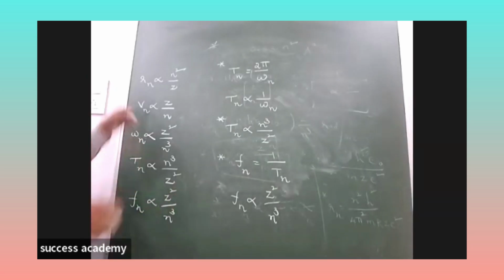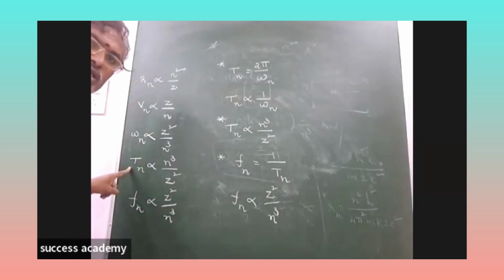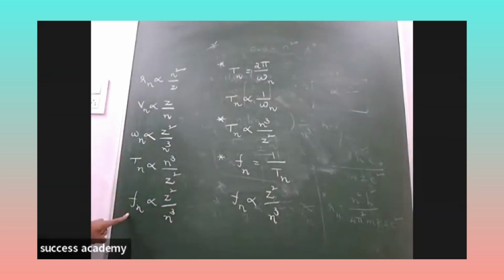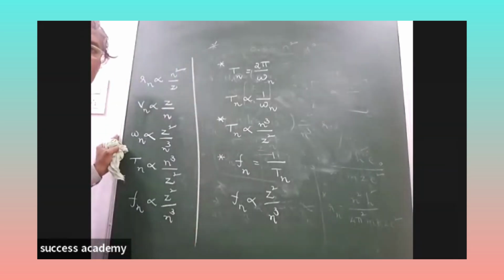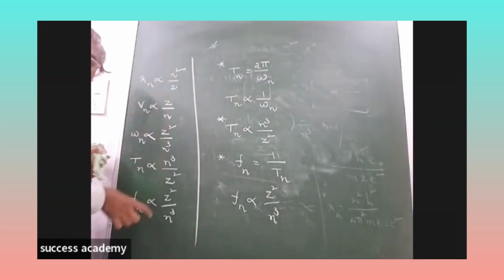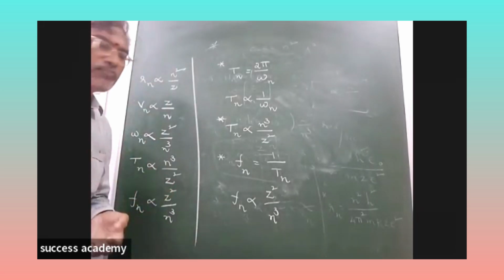So once you know the radius of the electron in the nth orbit, with that the velocity of the electron in the nth orbit, with that the angular velocity of the electron in the nth orbit, with that the time period of the revolving electron in the nth orbit, and with that the frequency of the electron in the nth orbit. Got it? So all these things you need to remember. Then only it is easy to do the formula problems. Okay. Now,